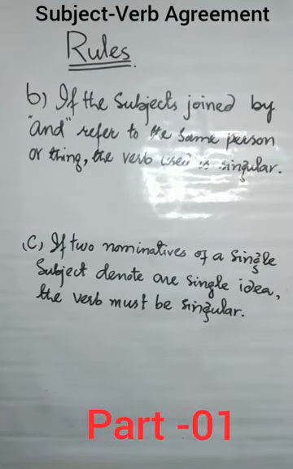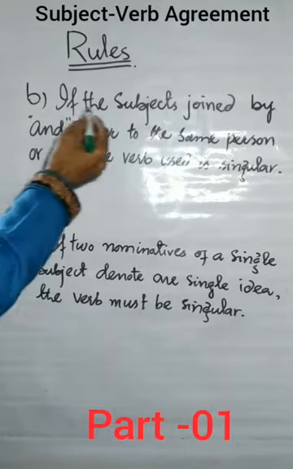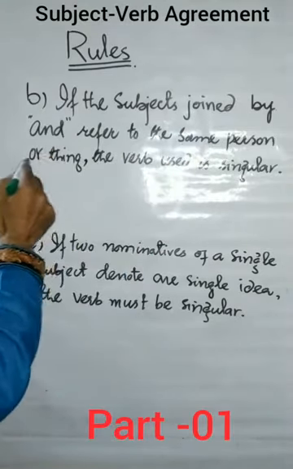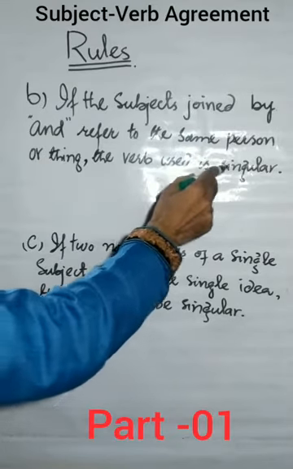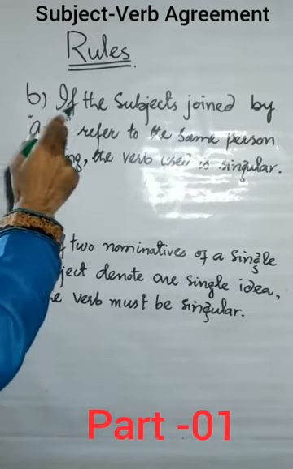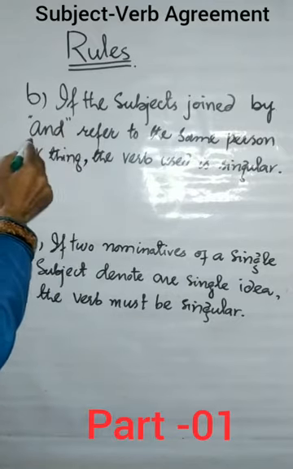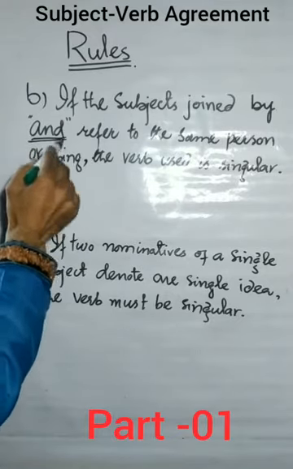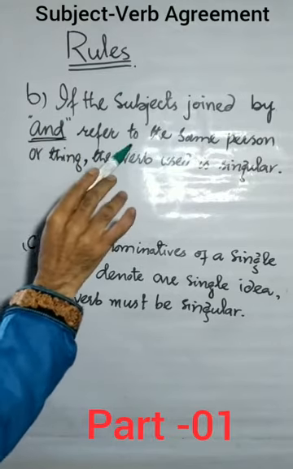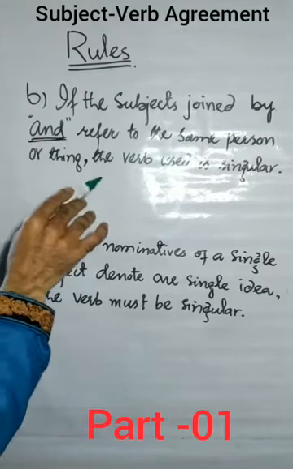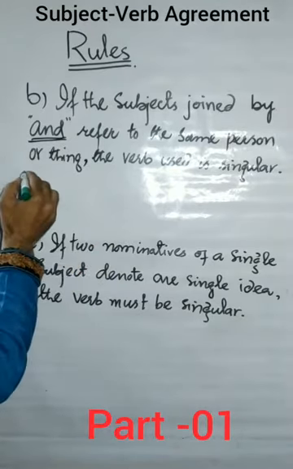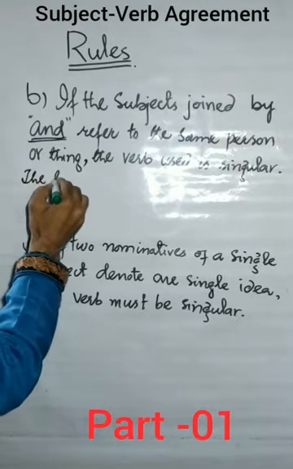Here is exceptional rule 2. It says if the subjects joined by and refer to the same person or thing, the verb usually is singular. What does it mean? मतलब साफ है कि अगर दो सब्जेक्ट्स एंड से जॉइंड हैं या लिंक्ड हैं, तो अगर ये दोनों सब्जेक्ट्स एक ही पर्सन या एक ही चीज की तरफ इशारा करते हैं, then their verb must be singular. For example, the teacher